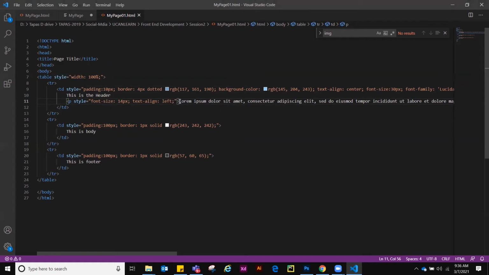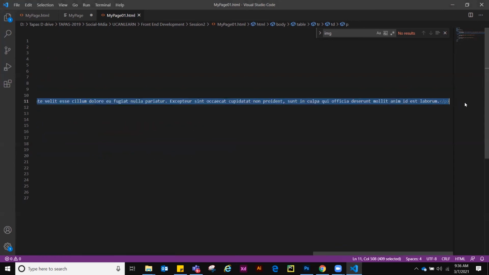Okay, now in general we don't put a lot of text in the header, so I'm cutting some text from here. We'll use it somewhere else.